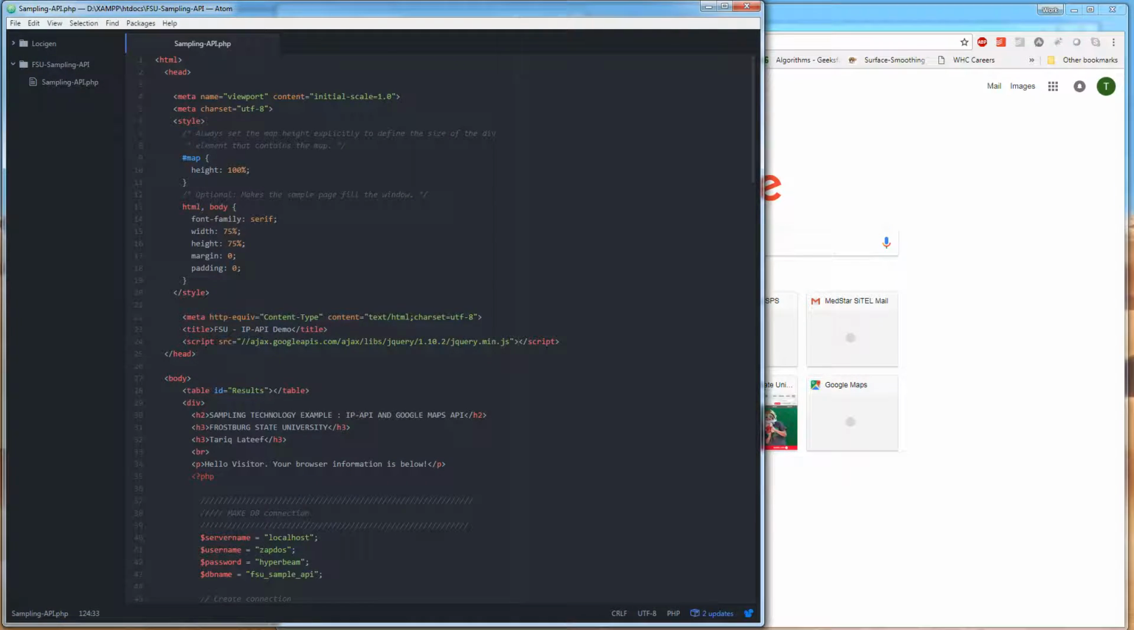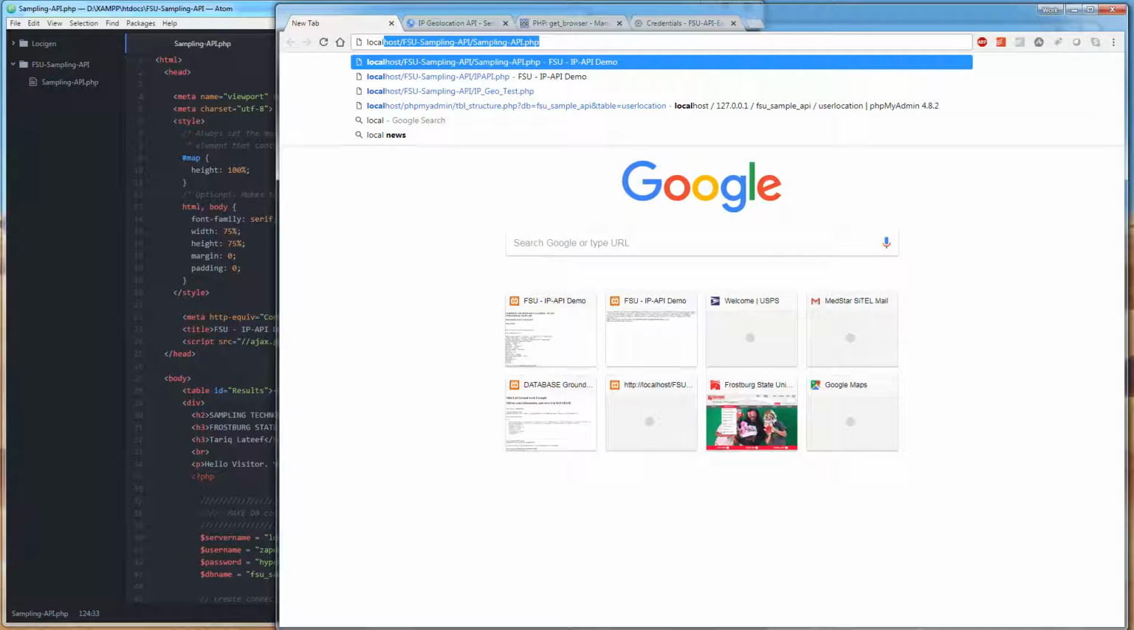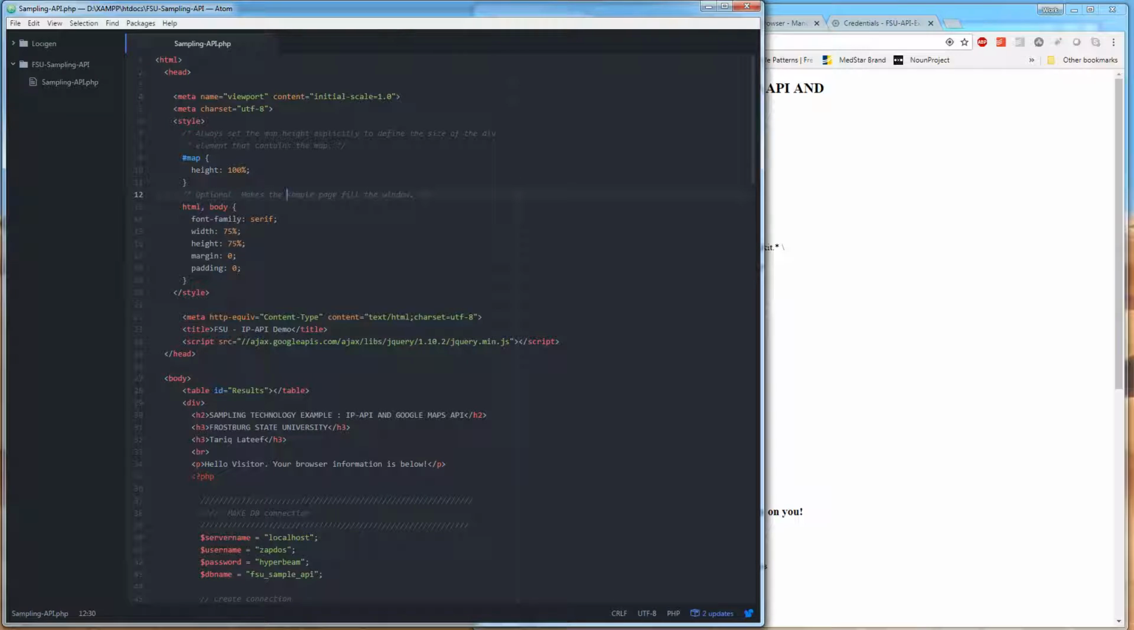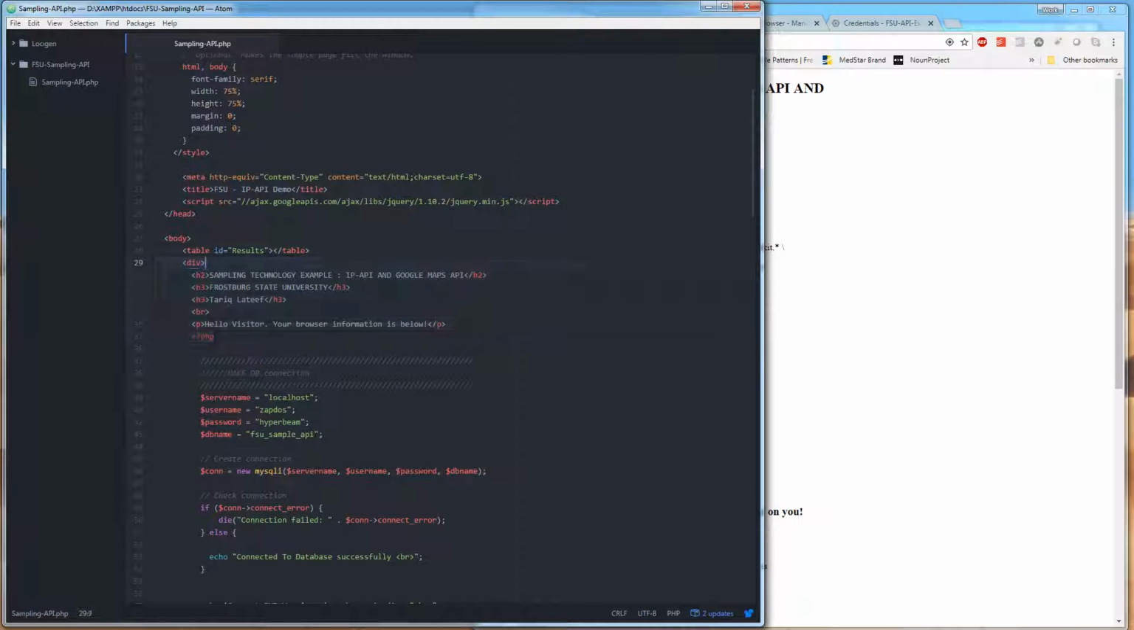So here's the code. I'll go ahead and go to localhost and load the page itself. It's following your examples, pretty straightforward. There's no user interface here. It's not a website, so no styling or whatnot. On the top, we have the actual project name, the university, my name, and then I have a very simple hello visitor information here, which starts off as right here. So in the code itself,